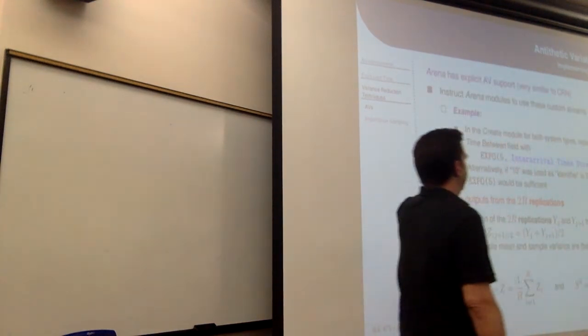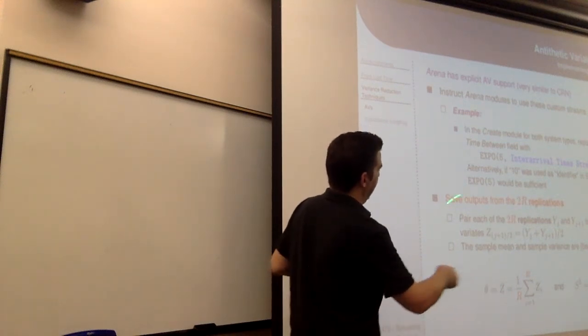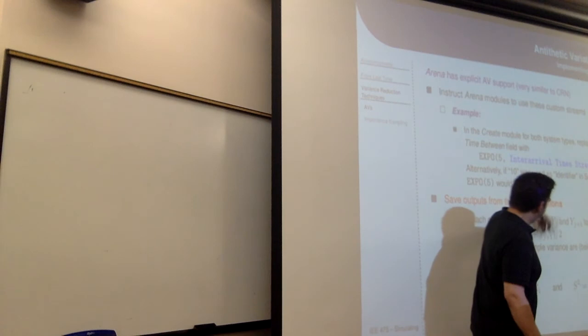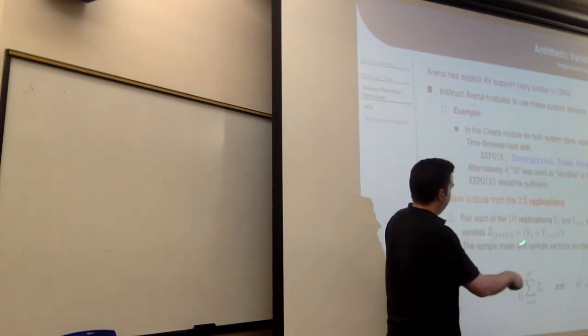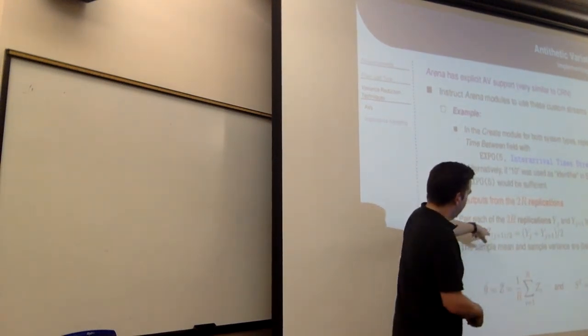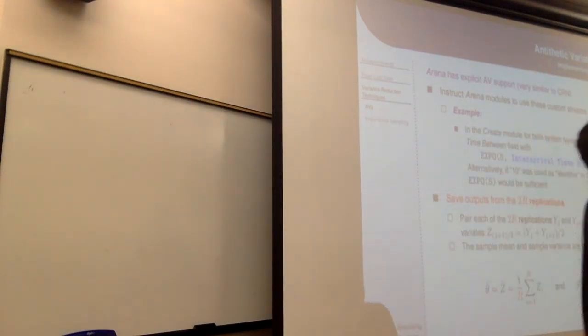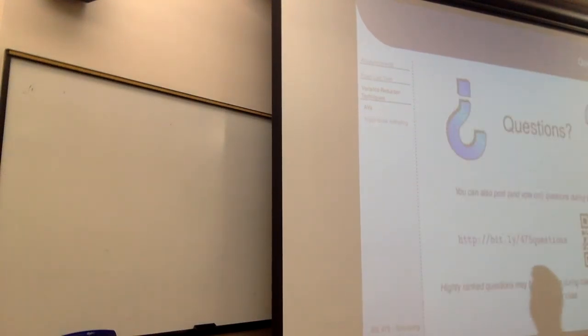That's just what I'm outlining here, the same stuff I showed you with the common random numbers. The output here is that I've got all my odd replications and my even replications. I take their averages, and that gives me my true output, and then I can just generate a sample mean and standard error. So are there questions about this general idea of antithetic variates: reducing variation in a single model by creating correlated pairs of replications?